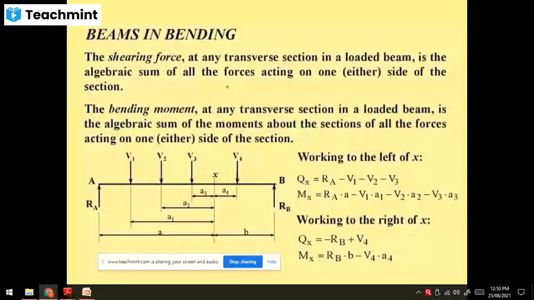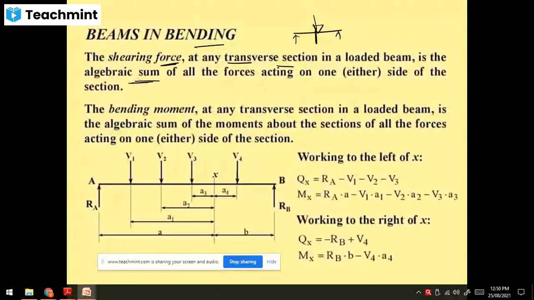So now beams in bending. Shearing force at any transverse section. We discussed at the starting that the load which is perpendicular to the longitudinal axis, that load is a transverse load, and the member is called a beam. So at any transverse section in a loaded beam, the shearing force is the